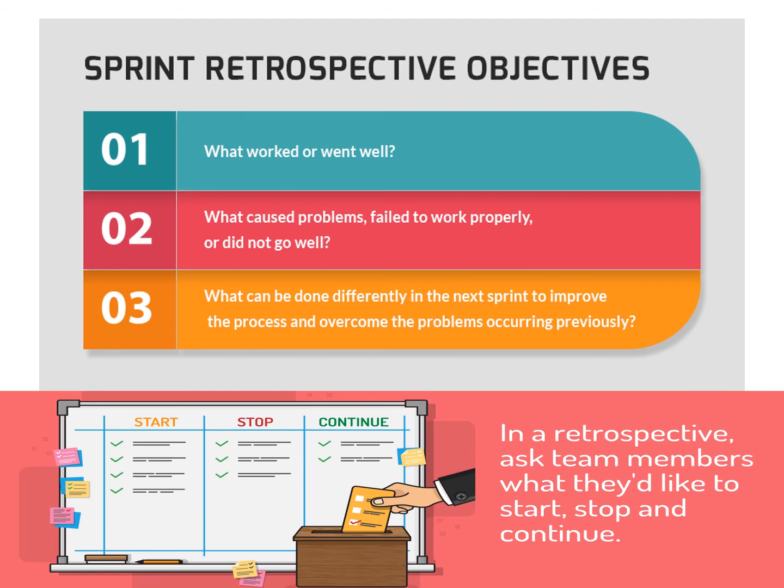The easy way, and this is one of the techniques used in the retrospective, is asking the team members to tell what they would like to start, stop, and continue. It's a kind of feedback from the previous sprint. So they tell what task or thing they would like to continue to do, what they want to start with, and what they would like not to do in the next sprint.